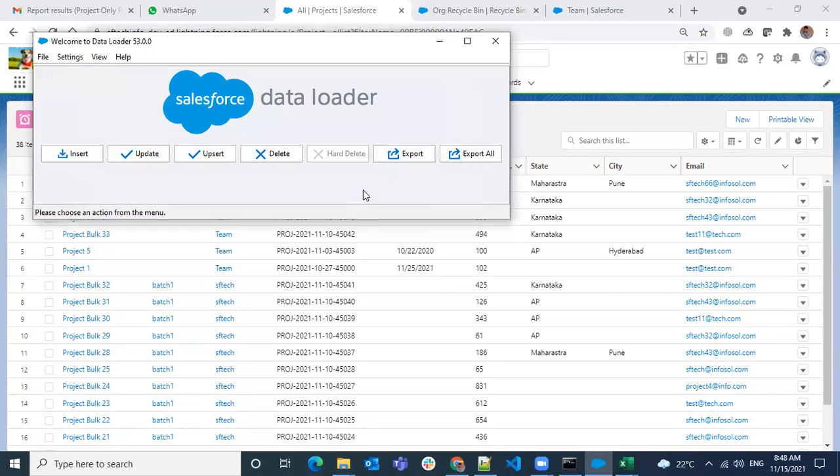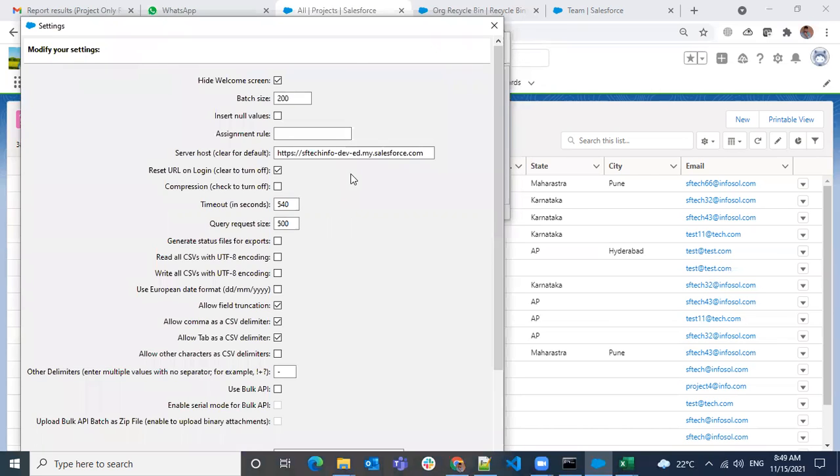Okay, delete, upsert, undelete. Let's see an option to undelete. How can we do an undelete? Okay, so far clear. I'm not seeing the hard delete option. Settings.